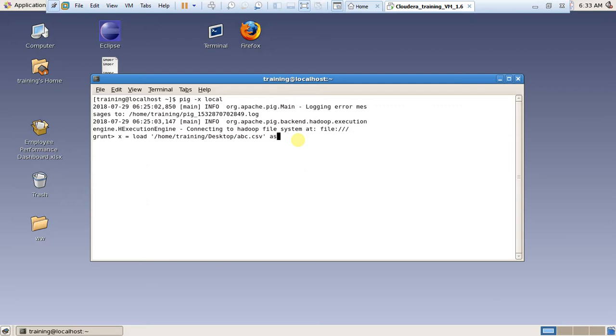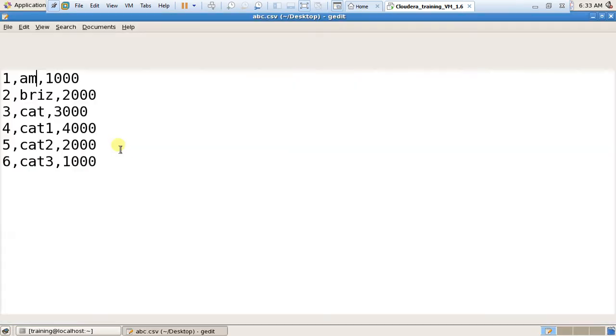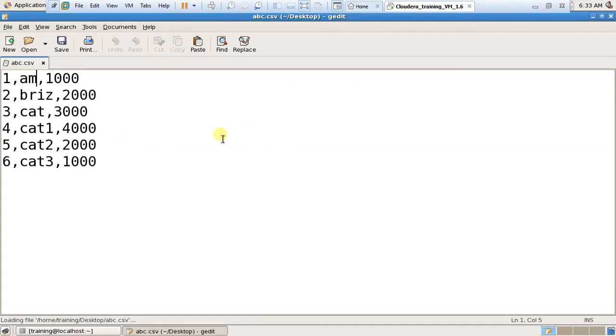and firstly I have to watch my file. It contains three fields. First and last are numeric and the second one is a string. Okay, so just watch,